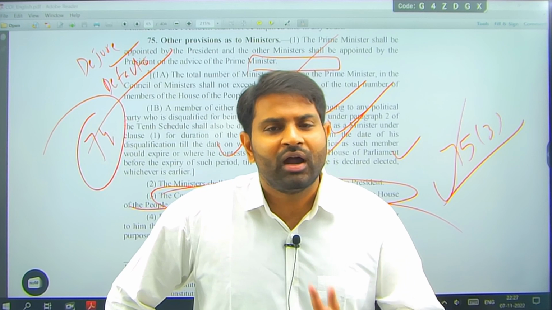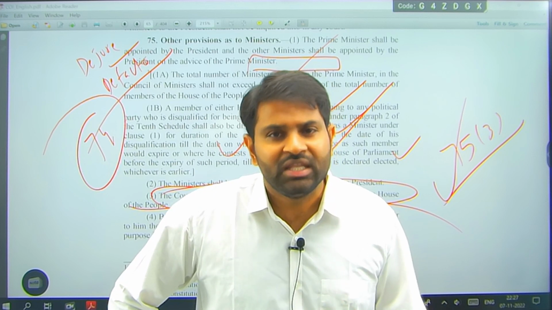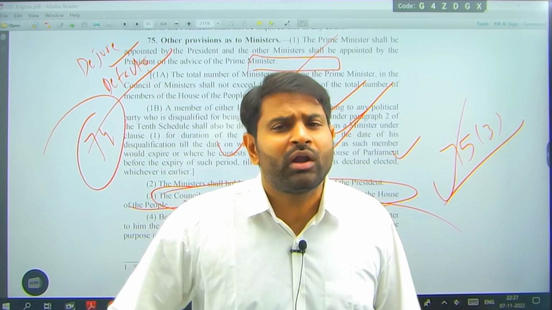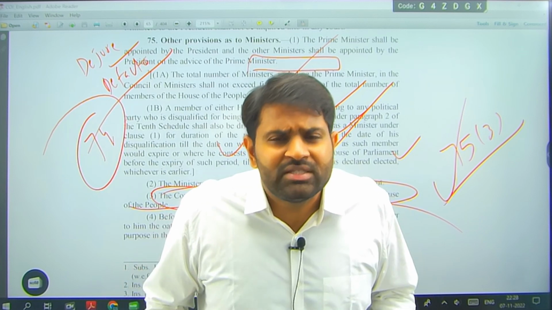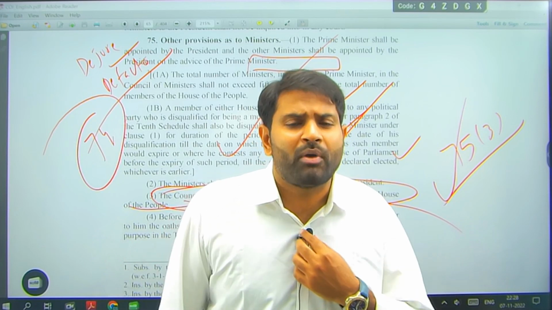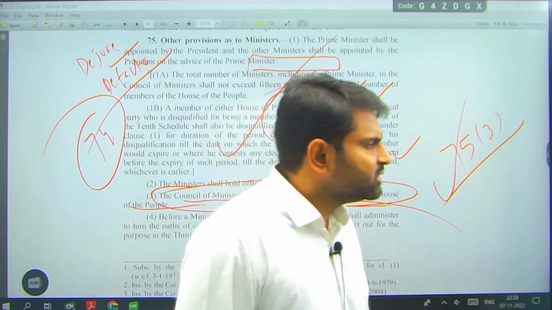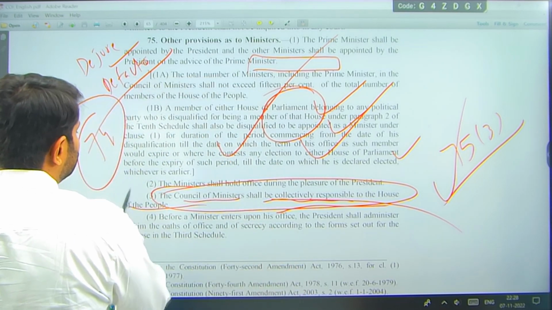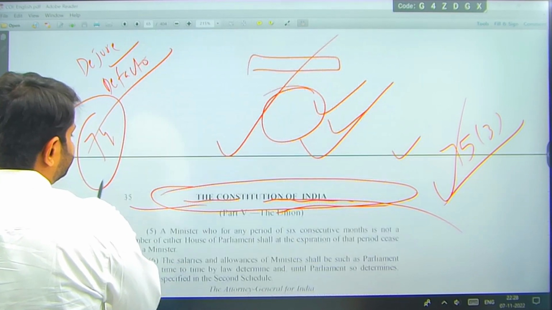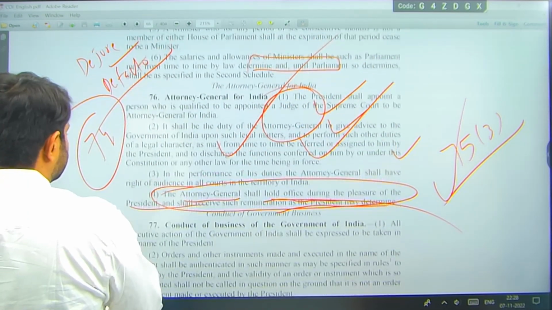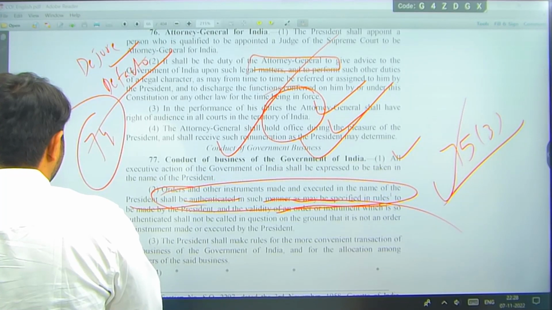Article 74, Article 75(3). When you talk about parliamentary form of government, you need to mention Article 75(3). If you are not mentioning these articles, what is even the purpose? If you know the crux but are not able to mention that, there is no point, right? This is what we call aesthetics. You should be able to mention these important articles in the examination, right? So we can wind up here.